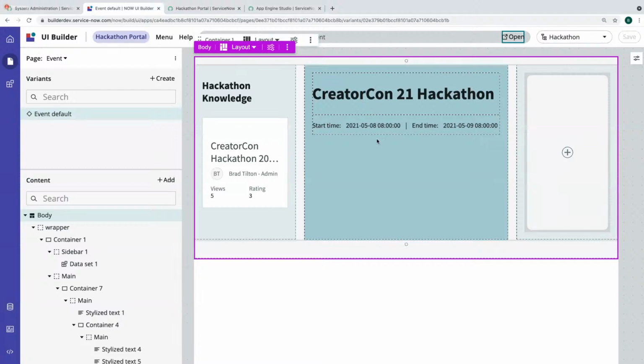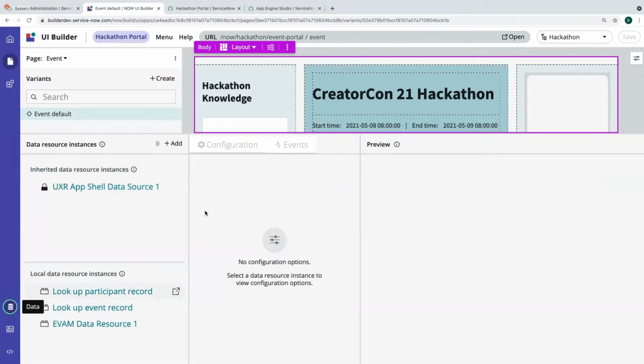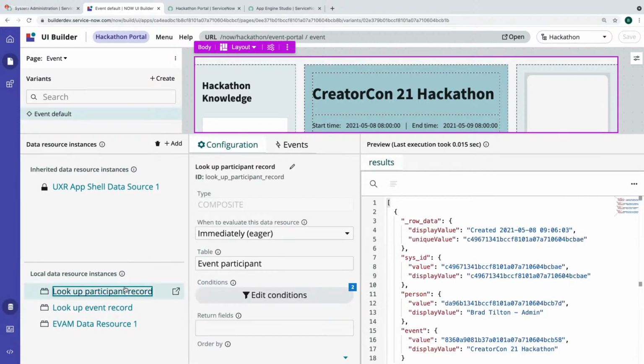I do have some things that are dynamic on the screen right now. We've got a few data resources going on, where we are looking up the participant record for the person that's logged in. My event record is the main record that we're going to be looking at, and I'll show what that record looks like in a minute on the back end.